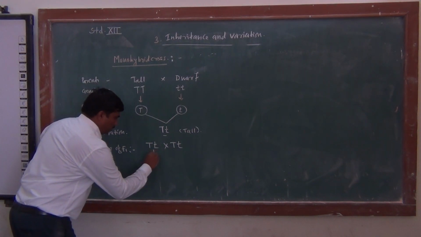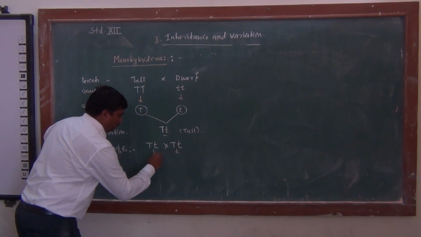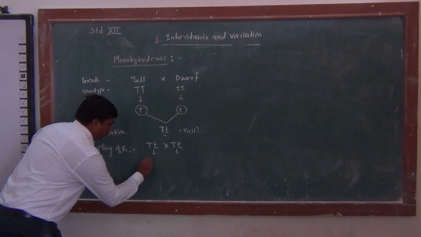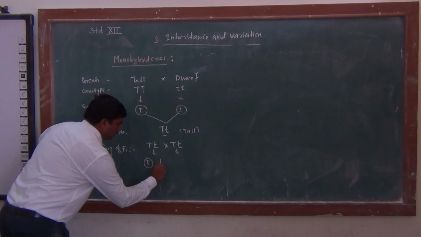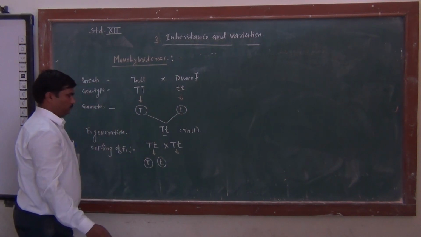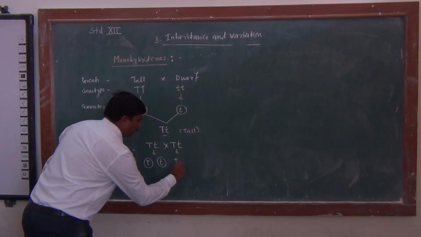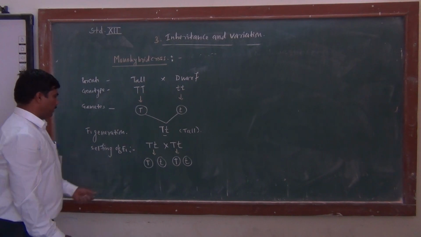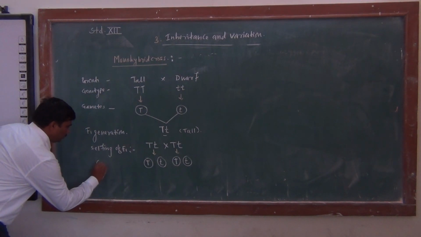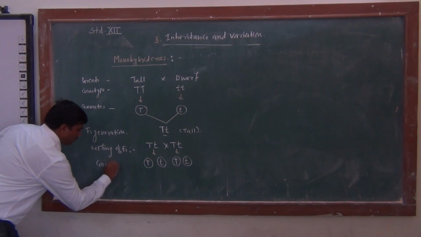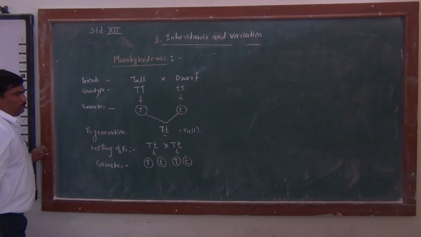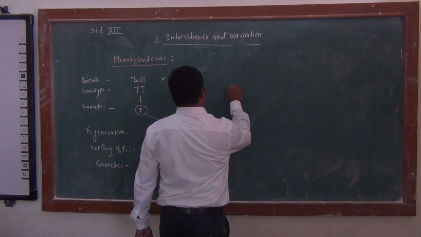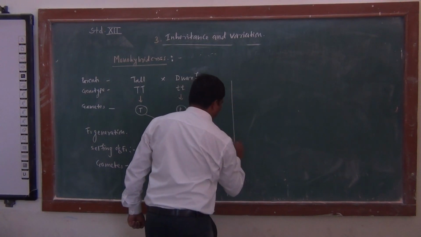Since it is heterozygous, it forms two different types of gametes: one containing capital T and another containing small t. Then, by using a checkerboard or Punnett square,